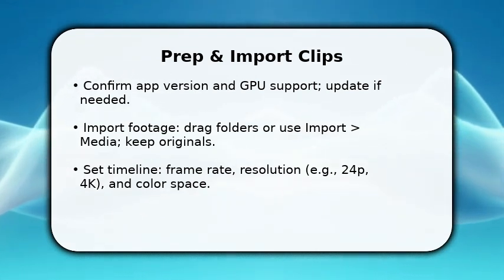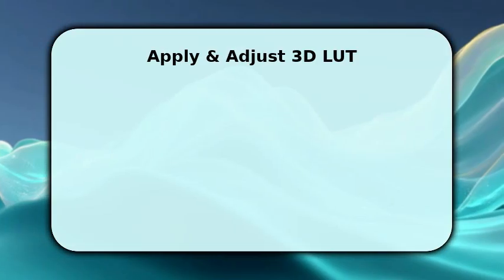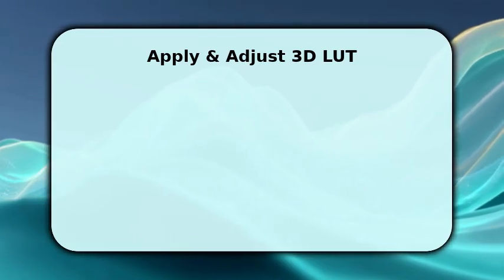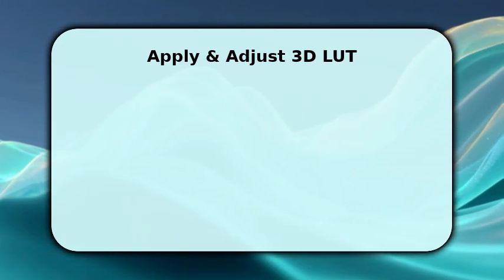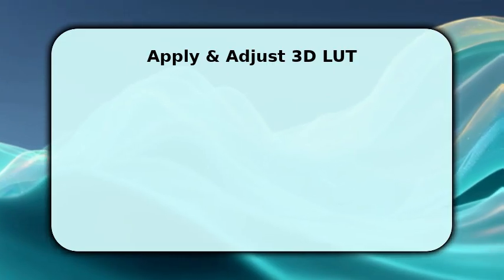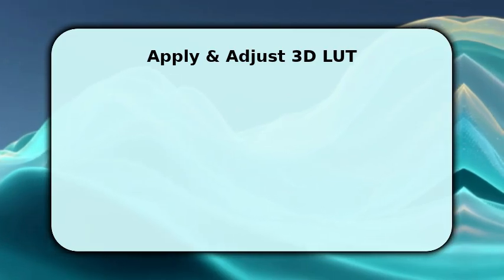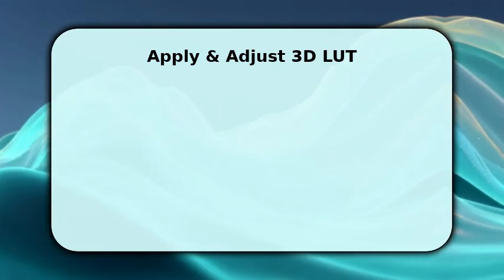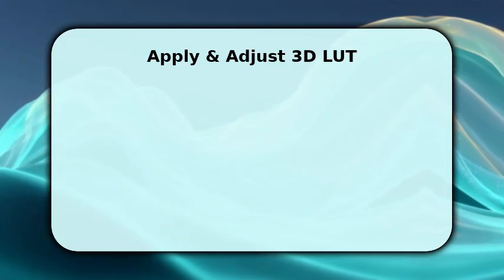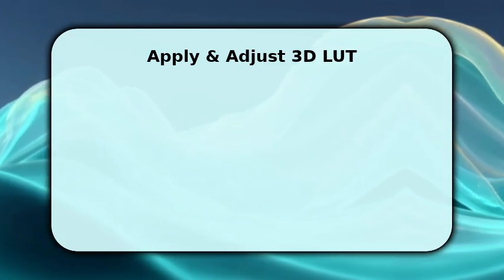Next, you apply and fine-tune the 3D LUT because an off-the-shelf LUT rarely fits perfectly. Add a neutral transform or input LUT first to normalize footage, then load the 3D LUT file into a dedicated node or layer. Adjust intensity as a percent and refine using lift, gamma, gain, and pivot so skin tones and